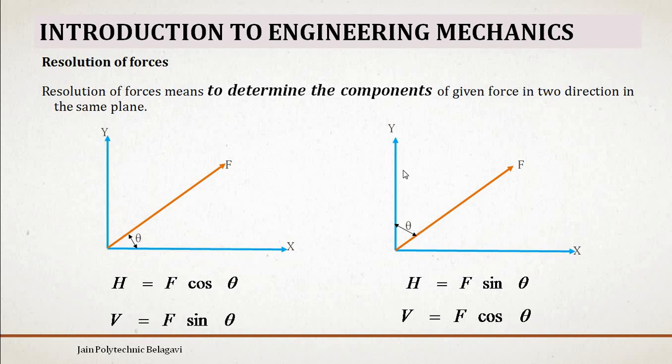So horizontal component divided by hypotenuse, so it will be F sin theta. And in the vertical direction it will be F cos theta, because now this vertical component is adjacent upon hypotenuse. So adjacent is V and hypotenuse is F. So F, if you shift it below V, you will get cos theta. When you cross multiply with F, it will be F cos theta, the vertical component. So this is nothing but resolving. Resolution of forces: you have resolved the force F into two components, horizontal and vertical.